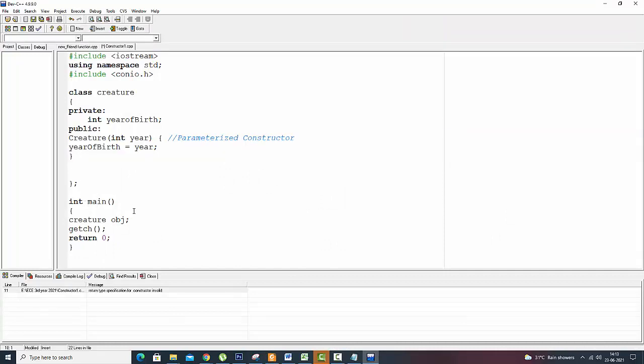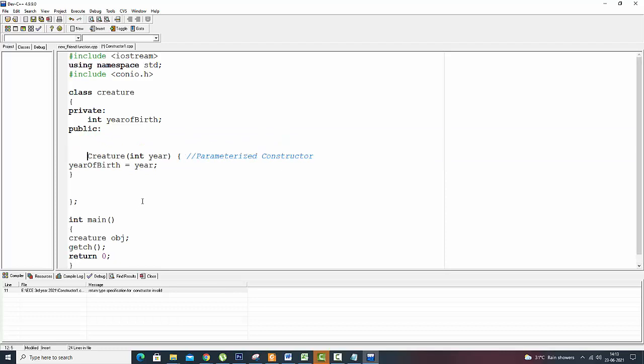Since this one is in small letters, I have to write creature also in small, and it should be indented within it. It is good practice for indentation.